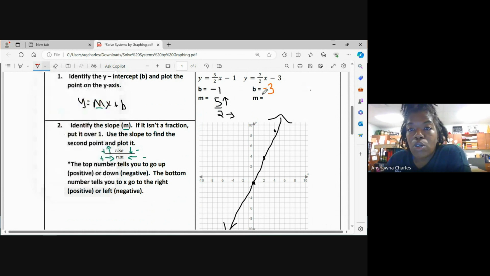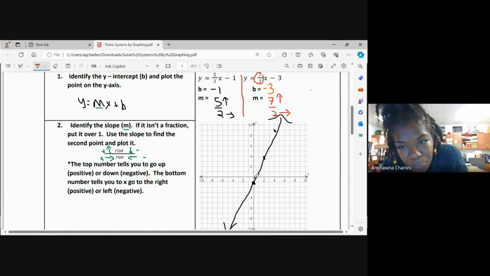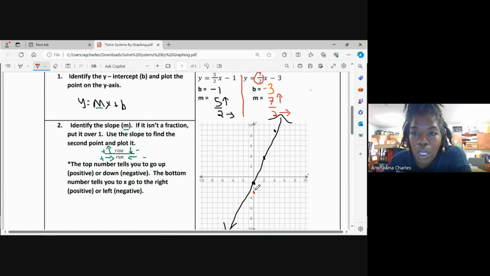All right, then on the second equation, my slope or my m is 7/2, which is telling me to go up because the top number, the numerator, is positive, and the bottom number, the denominator, is also positive, so I'm going to the right 2. So I'm going to start at -3, make a point there, and then I'm going to go up 1, 2, 3, 4, 5, 6, 7, and over